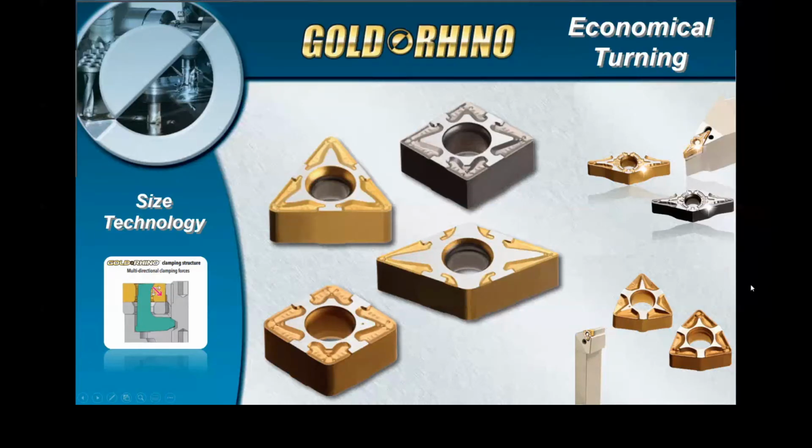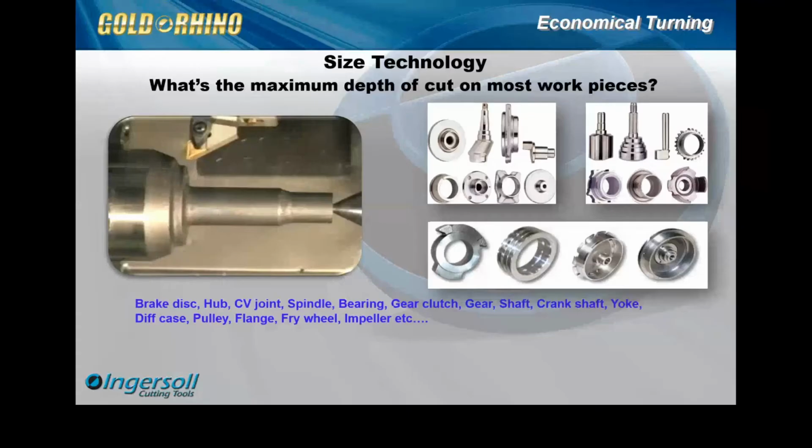Well, welcome team. I want to take the next few minutes to talk a little bit about our Rhino Turn product line, our Gold Rhino. And I'm excited to share this product line with you, as it's one of my favorites in all of the ISO Turn line. And so the Rhino Factor here, when we started this line, we were looking at